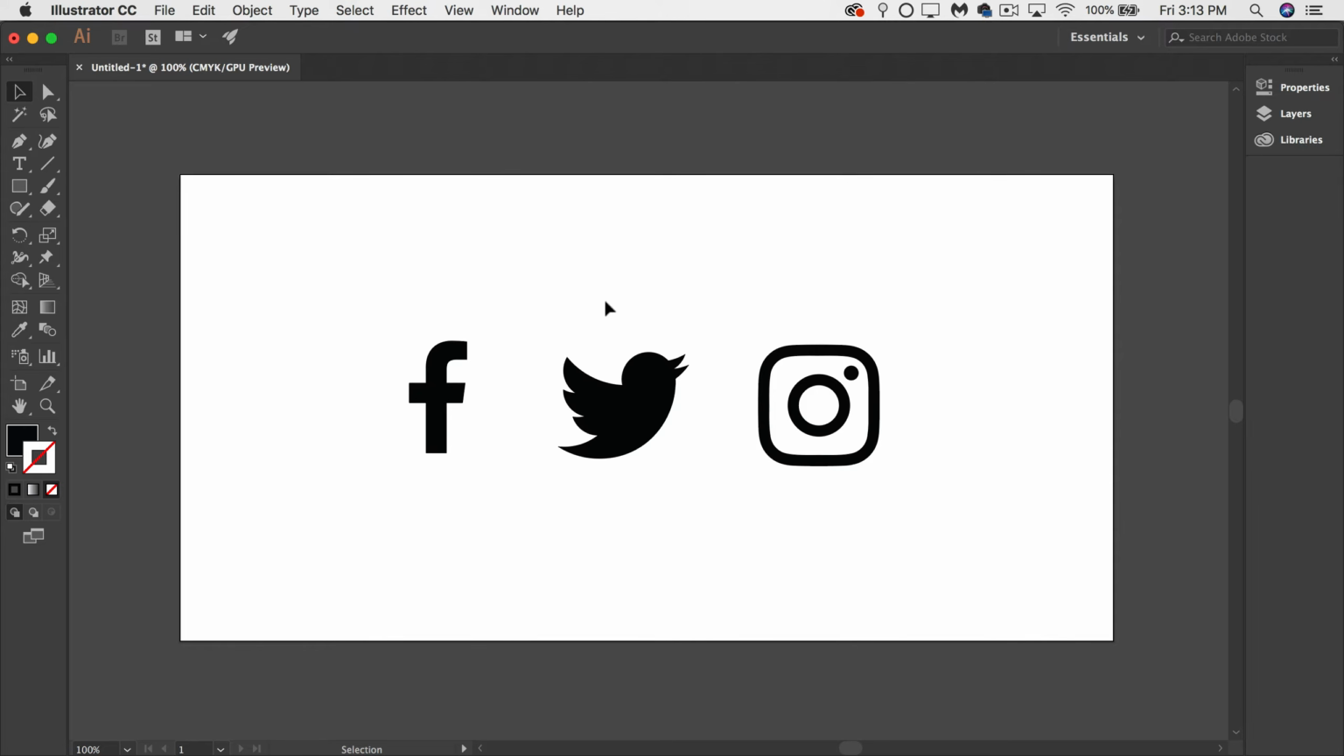Now here we have a very familiar setup, especially if you're a web designer. Maybe you've downloaded an icon pack or you've made some of your own custom icons that you want to export as SVGs for your website. Let's say that we wanted to export this Twitter icon. A lot of times you want these icons to be pixel perfect without any extra space around the artboards that